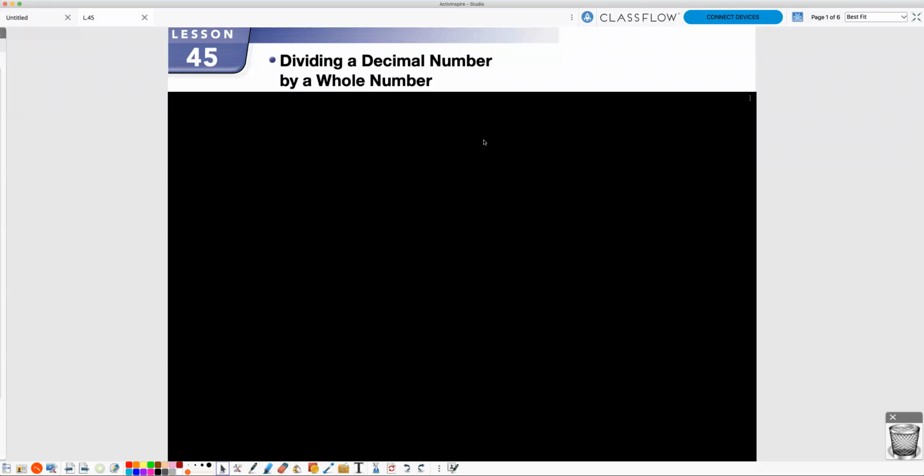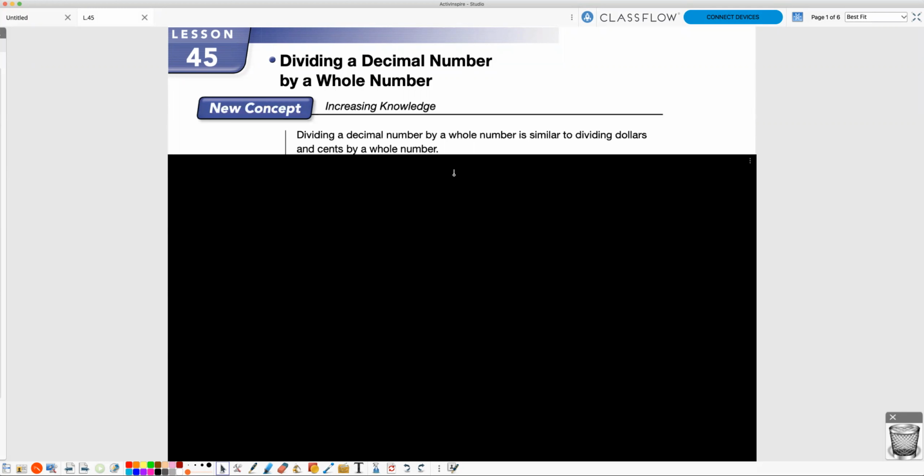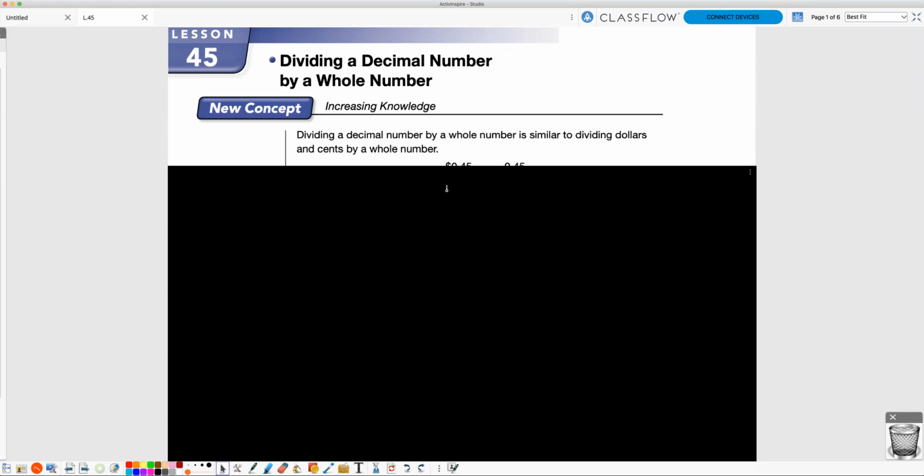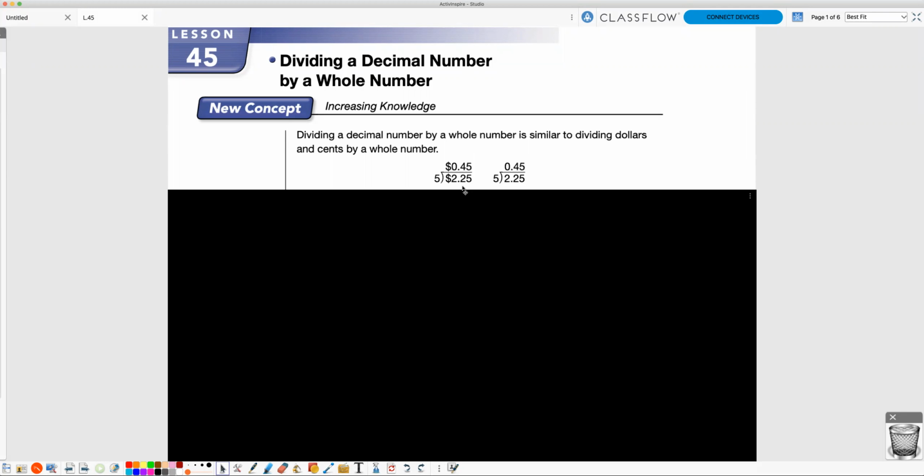Hello and welcome back. This is Saxon Math Lesson 45, dividing a decimal number by a whole number. Dividing a decimal number by a whole number is similar to dividing dollars and cents by a whole number. For example, $2.25 divided by 5. You can recognize that 5 will not go into 2, so it's 0 directly above the 2. The decimal comes directly up into the answer from this position, and then